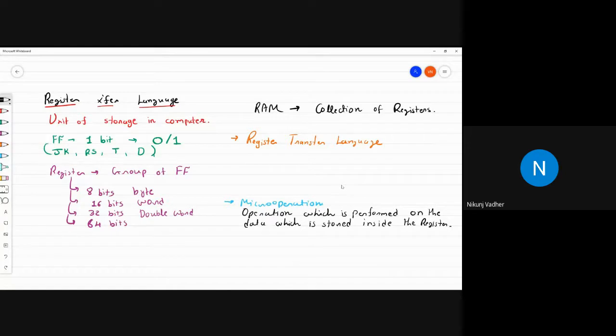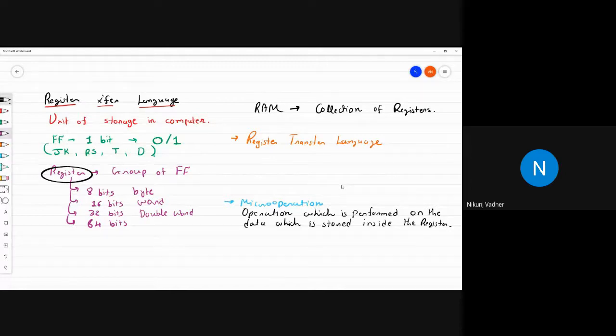Okay, so operation which is performed on the data which is stored inside the register is known as microoperation. Whatever operation we directly perform on a register is known as microoperation. Let's have a look at the formal definition of register transfer language.